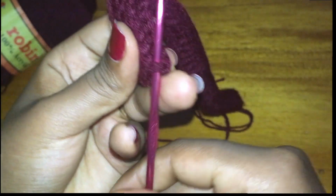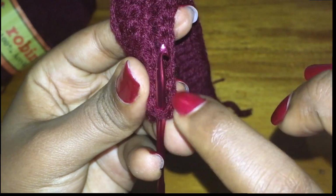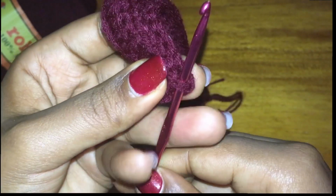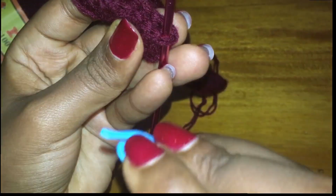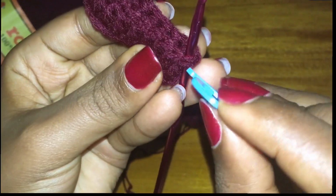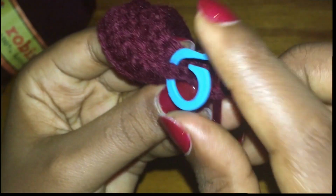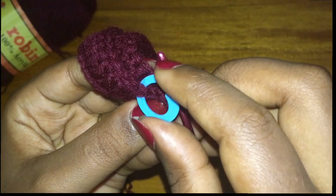So you're going to mark that middle stitch, and for the middle design we're going to be skipping 10 stitches. So you're going to count this very stitch where you have placed the hook, and you're going to use your stitch marker to mark where the 5th stitch is. So you're going to count the stitch where the hook is also. So you're counting it as well. That's 1, 2, 3, 4, and 5. That's 5 stitches. So you're going to place there your stitch marker